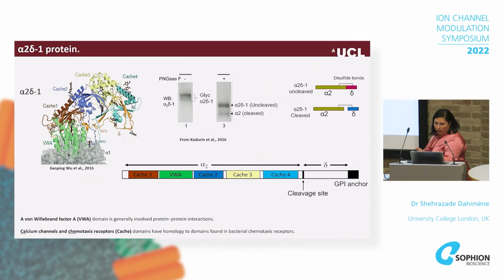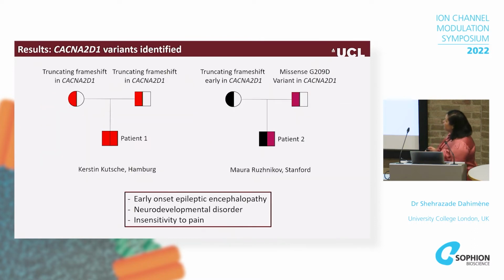So in this study, there have been 2 patients identified that show a similar phenotype with an early-onset epileptic encephalopathy, neurodevelopmental disorder, and interestingly, insensitivity to pain. A variant in alpha-2 delta-1 was found. First I will focus on patient 1, that patient 1 is